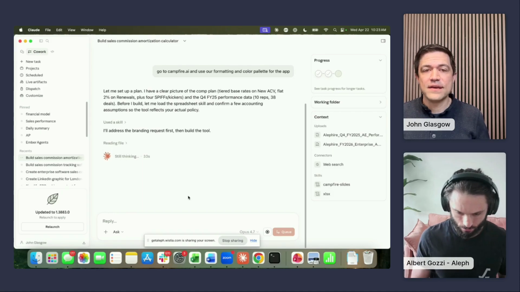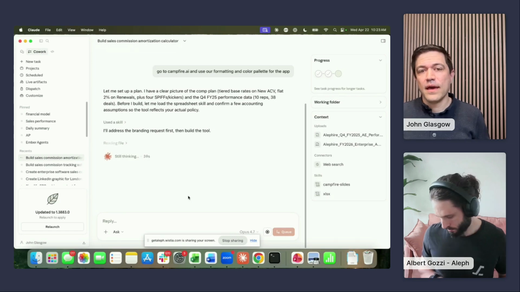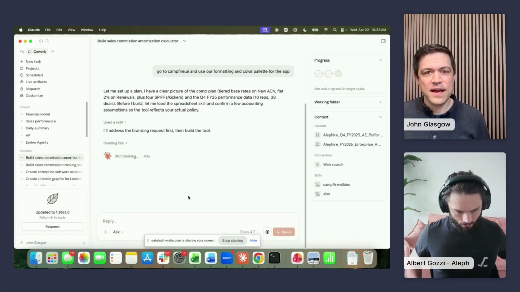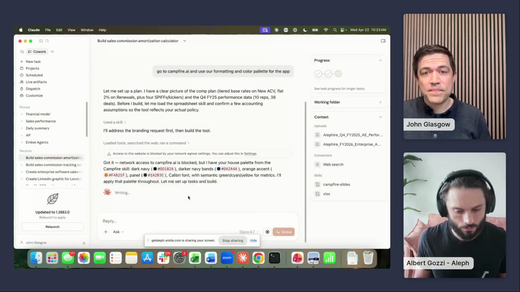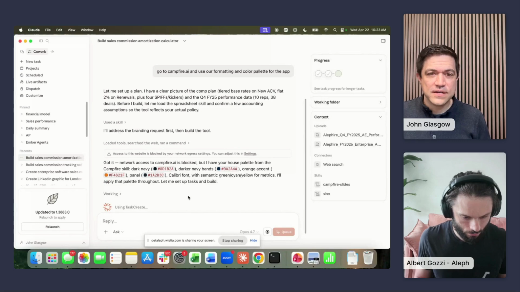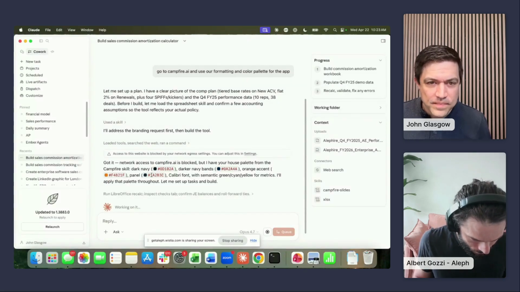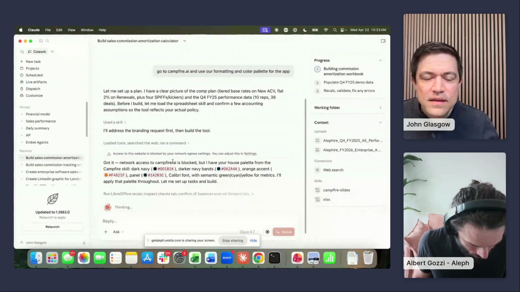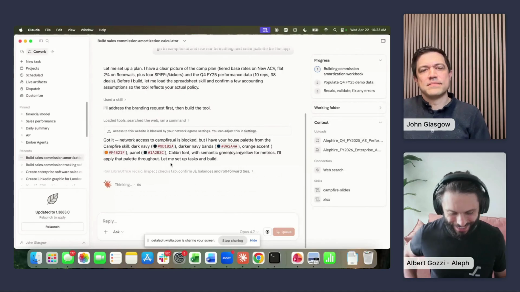I think that's definitely the most secure way to do this because it's just running on my own desktop, and you're never feeding any kind of sensitive data into the internet. If you want to build a hosted app, I would... and you can see here, it's grabbing our color palette. I'm mentioning it's grabbing a dark navy.